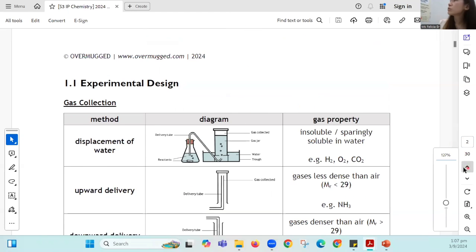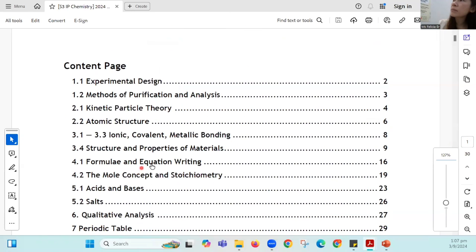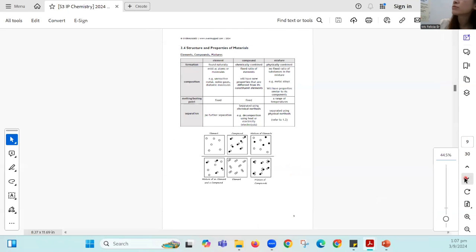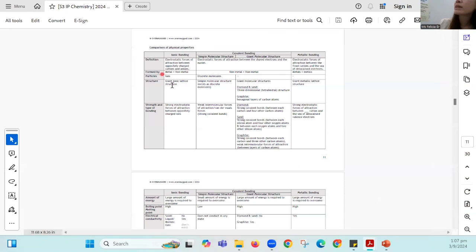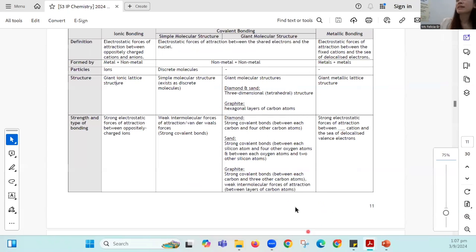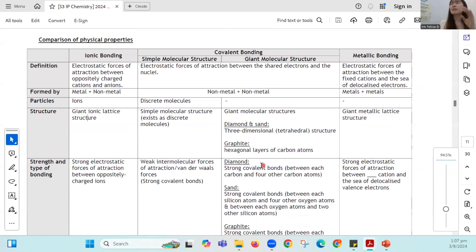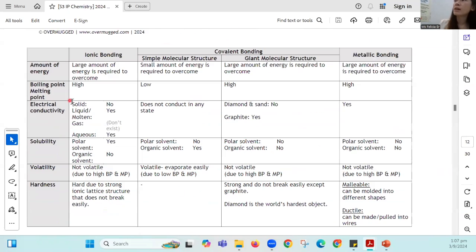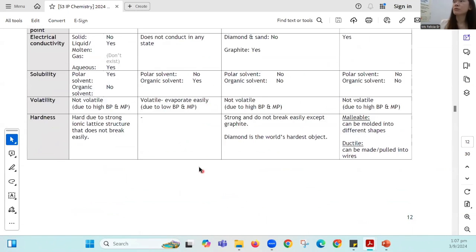So if you go to the notes on bonding, over here, can you see? We have summarized it very nicely for you. For exams, like the last minute revision in the morning, I just revise over here. You see, you need the structure, strength, and all the properties. I've written them over here, including